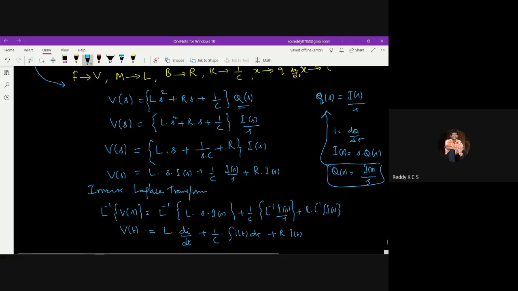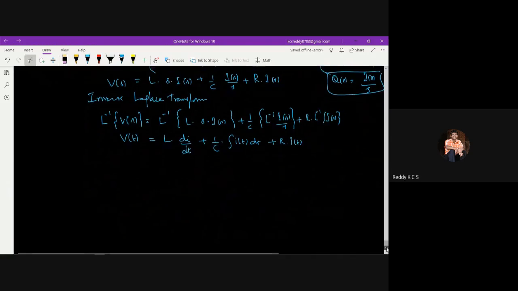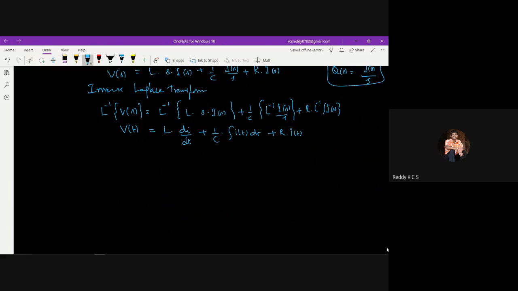This is a voltage equation. When I write the voltage equation, I have to use loop analysis to write this in the form of an electrical network. If I want to write the input voltage, I use the loop method. Loop method means current is flowing, I of t is the current flowing in a loop. These are the two terminals, and as these voltages are adding, all three elements are connected in series. The voltages are adding here.